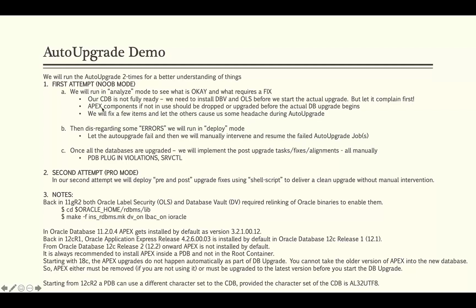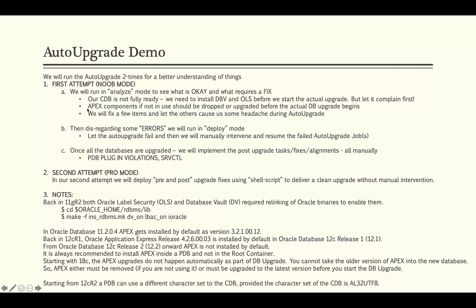One of them that is going to cause us headache is Apex. Another is the missing DBA registry components for my container database CDB all. But I will learn over the period how to fix it, and then, disregarding certain errors, I will fix a few, I will lose a few, and the one that I will leave as unfixed is the Apex one.